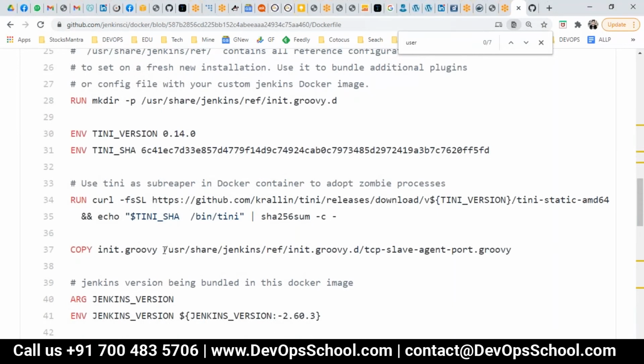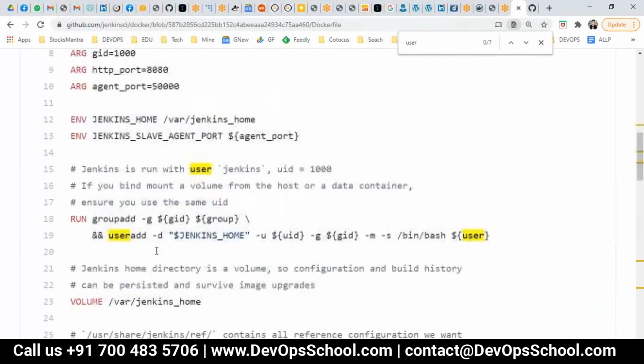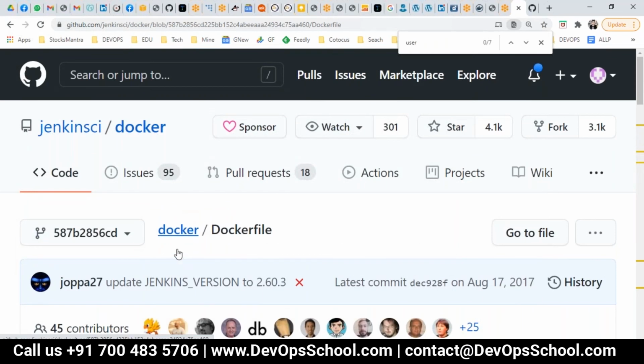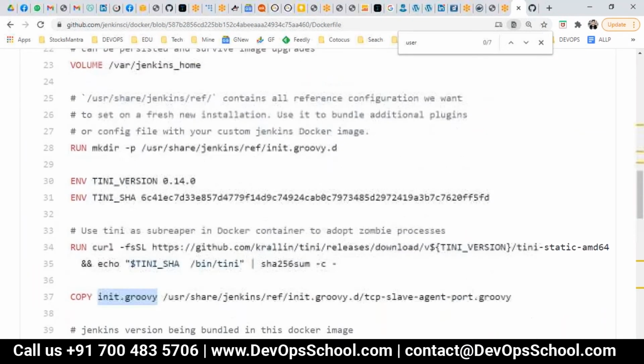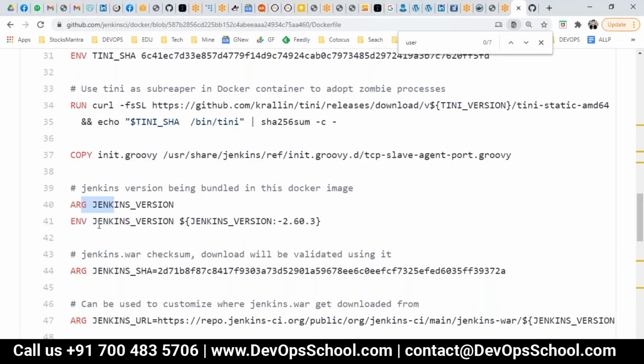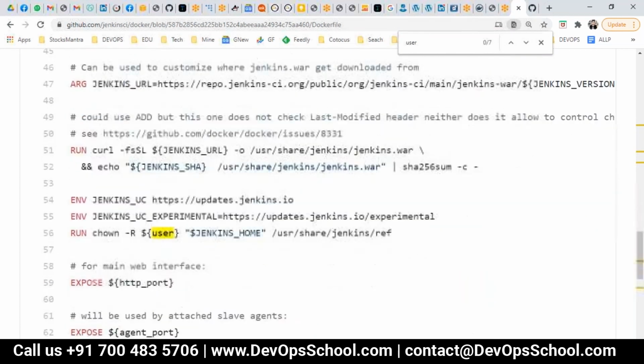RUN, COPY. I think you know COPY during CI/CD using the Dockerfile. If you want to copy some files from the host machine inside a container, this is the command you can write. So this file should be there in the current directory, the dot path. The current context, it should be there. If you want to see this path, if you click here, you will see that file. You can download this whole registry and you can see that. Again ARG, again environment variable. Now you see here